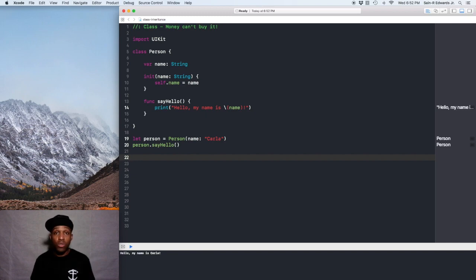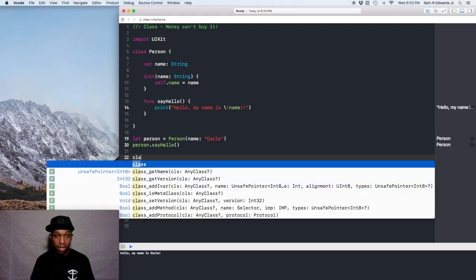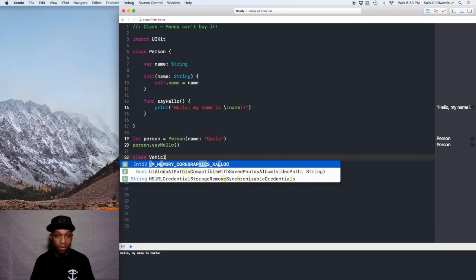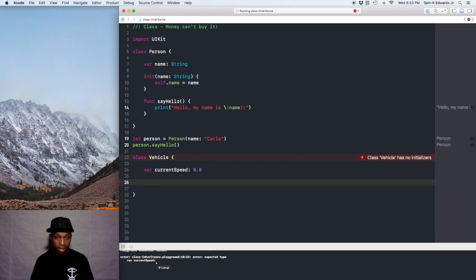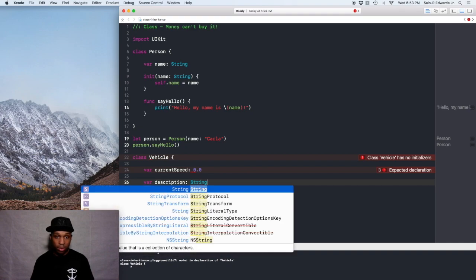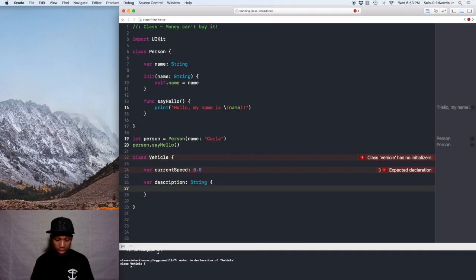So we're going to create a new class called Vehicle. We're going to say var currentSpeed and set that to 0.0 right now. And then we can say var description, it'll be a string. We're going to do a little computed property here, and we'll say return